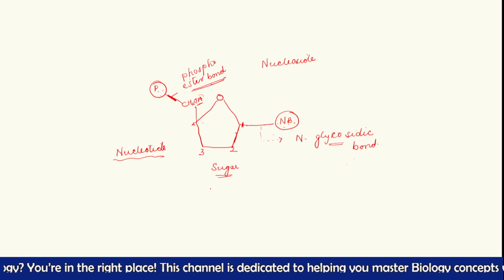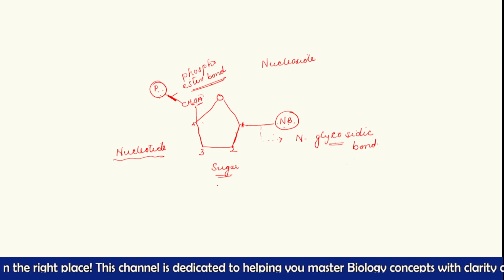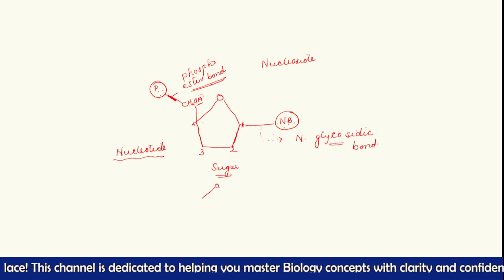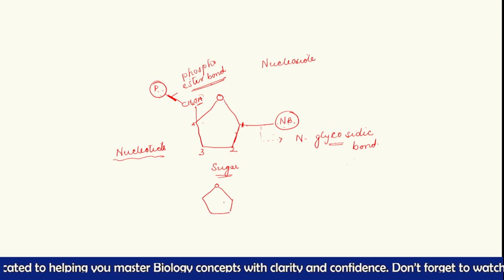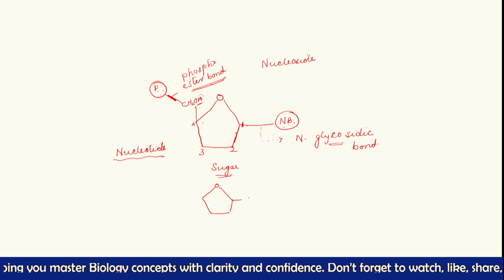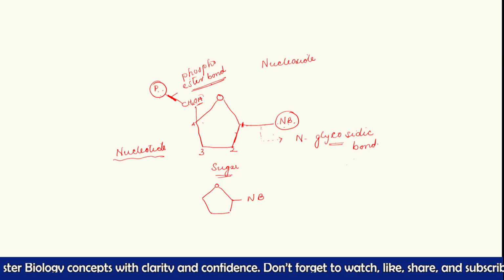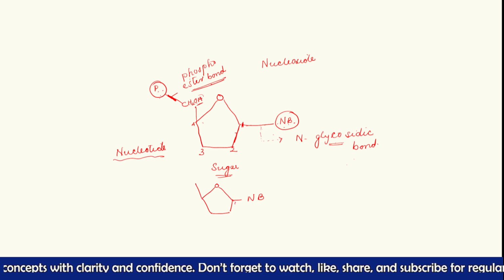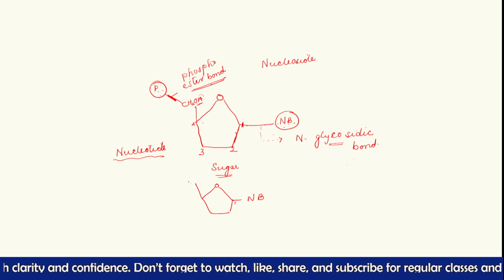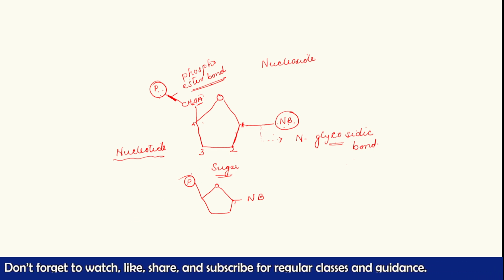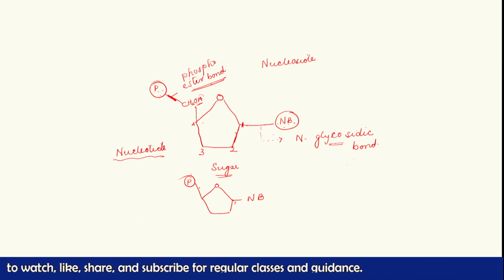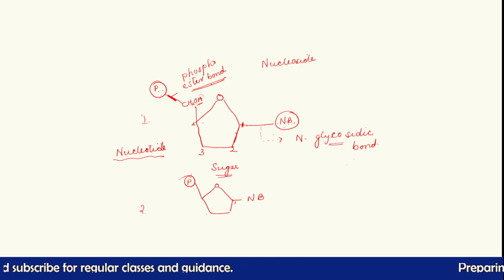So here we know already there is a nucleotide. How can we make a polynucleotide? There will be another nucleotide we have to make. In the pentose sugar, the nitrogen base is at the first carbon atom, and at the fifth carbon atom the phosphate group is there. So how will they link? This is the second nucleotide, and this is the first nucleotide, right? So the second nucleotide's